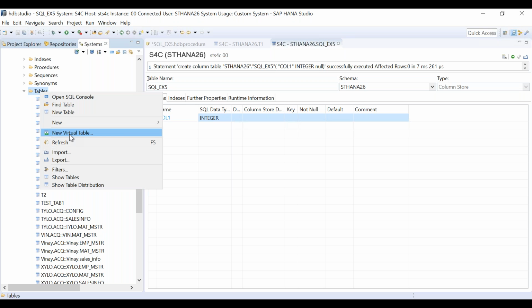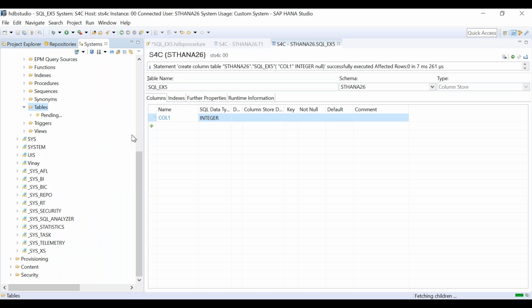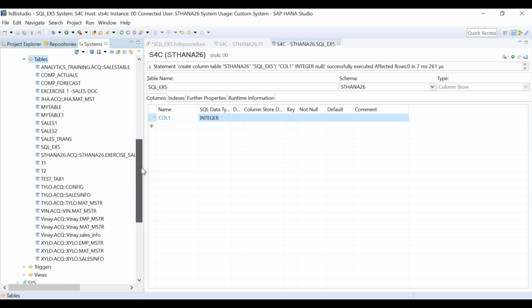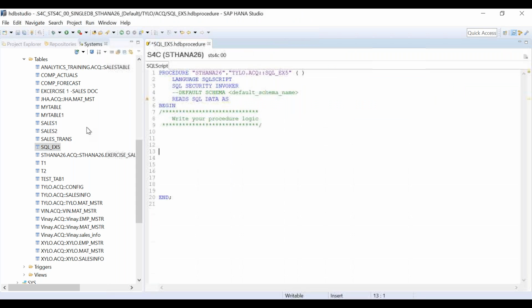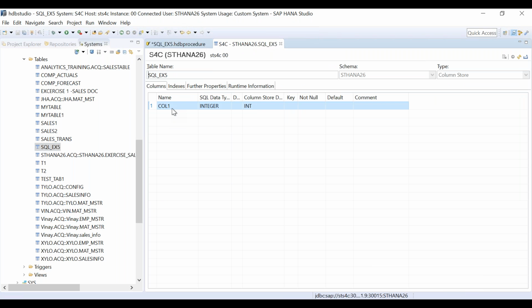Let's refresh it so that we can see the value here. Which one we have created? SQL underscore HANA X5. Yeah, this is the one. Now let's open this table, and this is column 1.